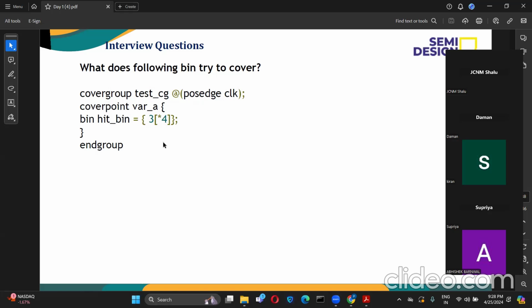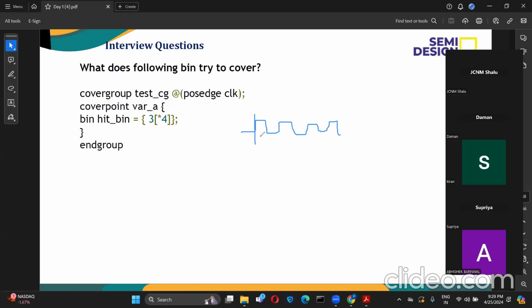Okay, fine. So actually, Shalu is right. This is a kind of transition bin only, but it is something called repetition. How it works is, for example, we have a clock cycle like this, and it will check at the posedge. Now it is like the value 3 should be repeated 4 times. So this is the value, and this star of 4 is nothing but how many times it has to be repeated. And this star is also called consecutive. We have the same thing in assertions also. We can even cover there. But I'm telling you just as the question has come.